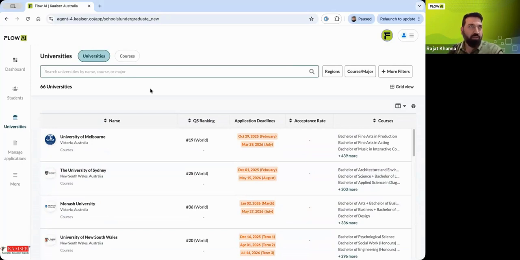The other part is that there are some discussions which are more from the interest that, okay, I want to travel to Australia and I want to pursue maybe a career in culinary sciences, or maybe in management or law, architecture, engineering, data science, right? Where a student or a parent is quite keen that, okay, I want a specific career and I'm not fixated on a university. So you can go to the second tab called courses,